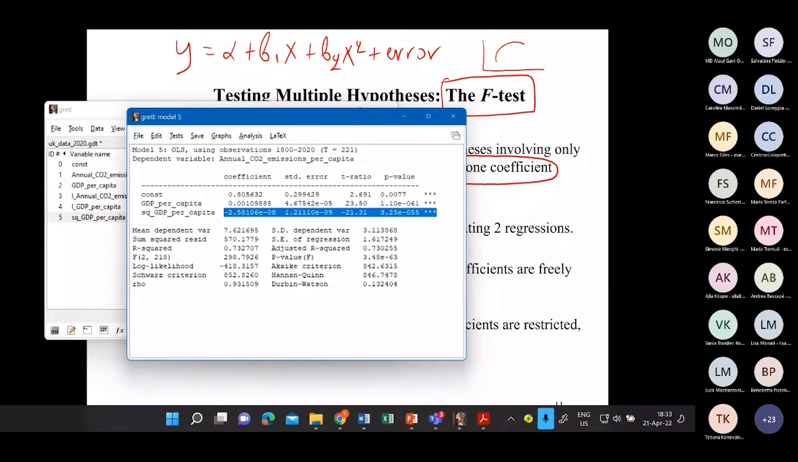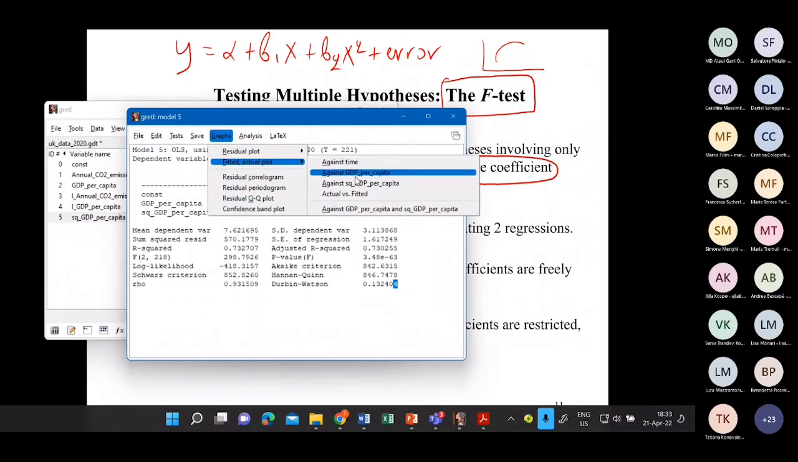So how are we going to call this model? We're going to call this model the non-linear model. Why are we going to call it non-linear? Because as you can see in the graph,